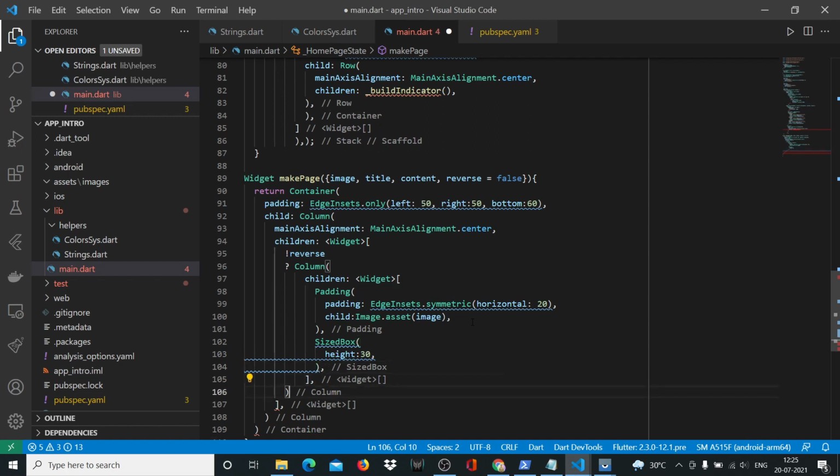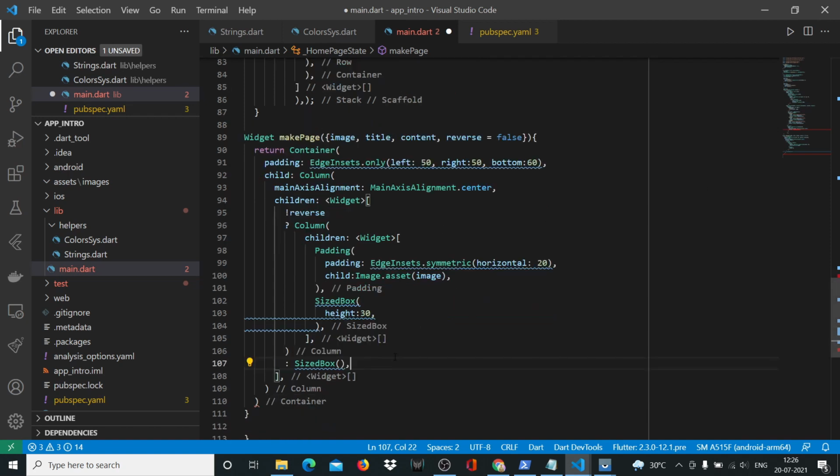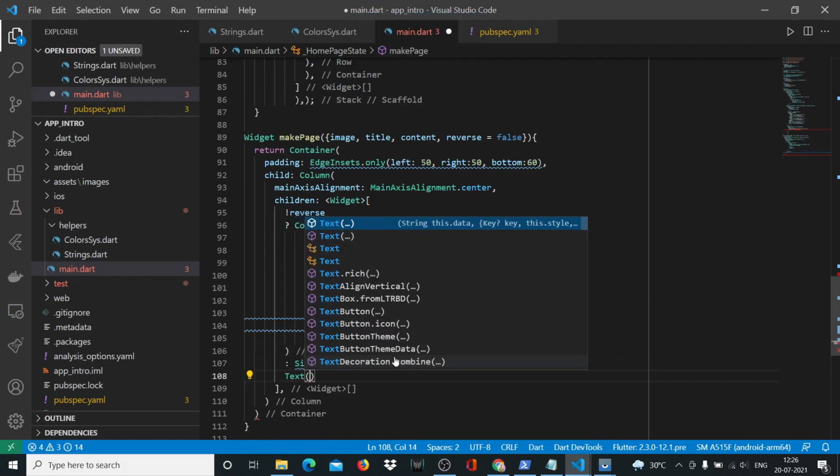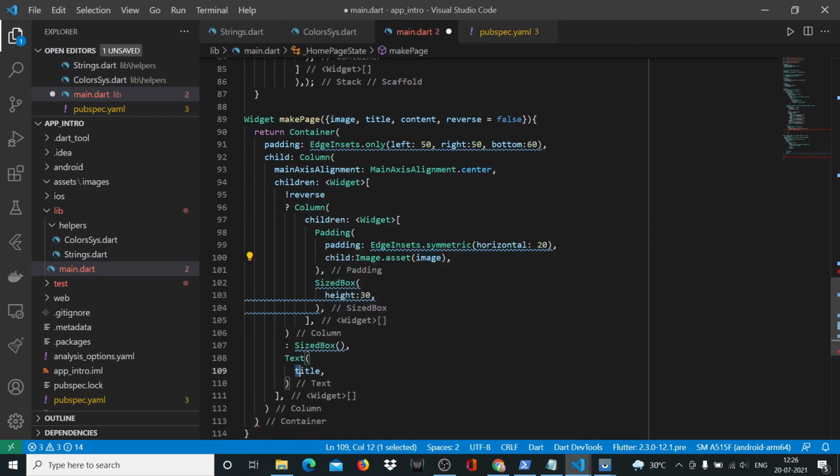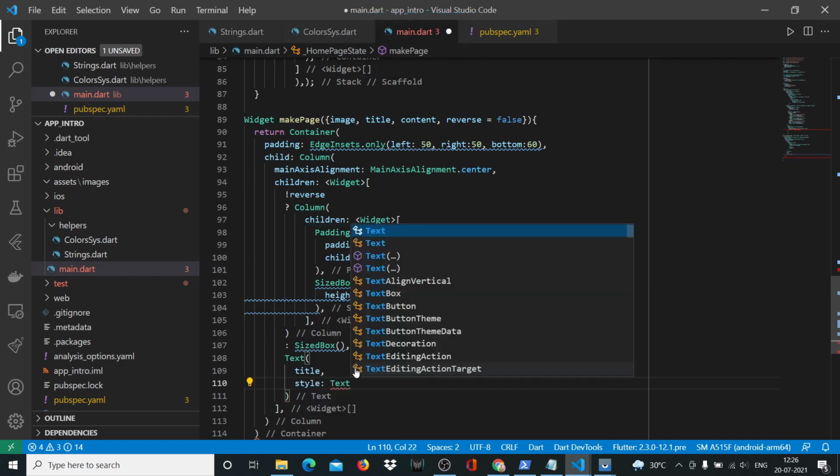After widget there's a comma, and after our column we'll say colon SizedBox, put a comma here, and this is where we'll start putting up our text widget. So inside that we'll write our title. Image here and title here are these parameters that are coming into this widget, right? So the title of whichever page is being rendered right now comes out here, and we'll have to give it some style, right? So the style will have the TextStyle